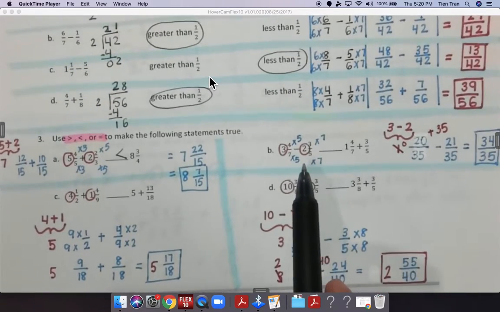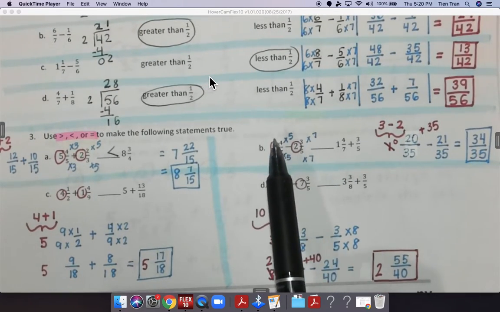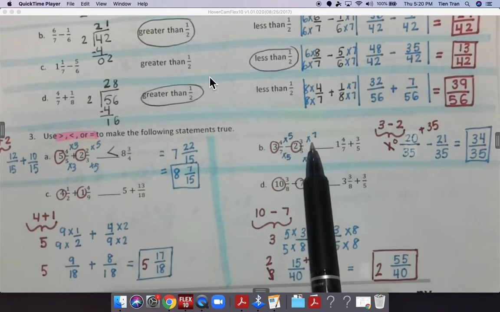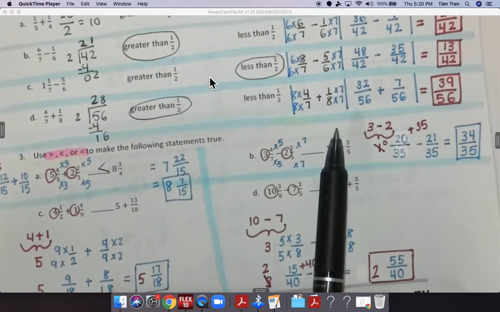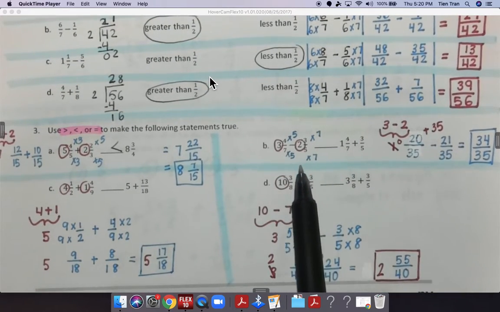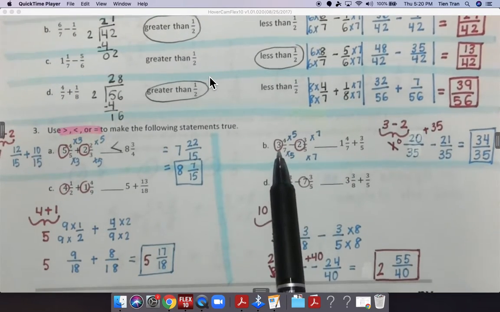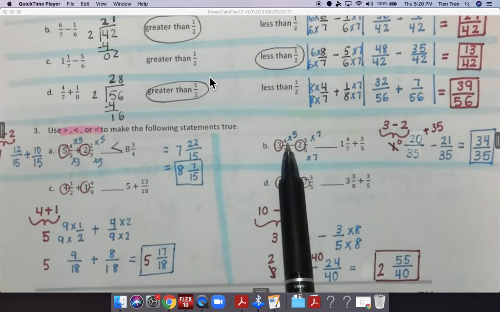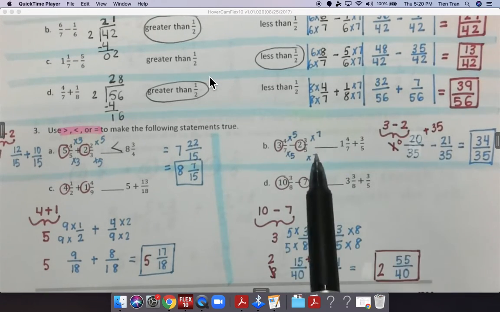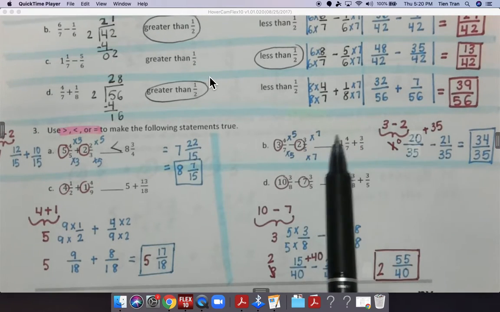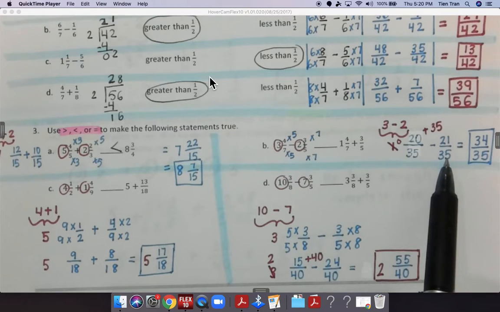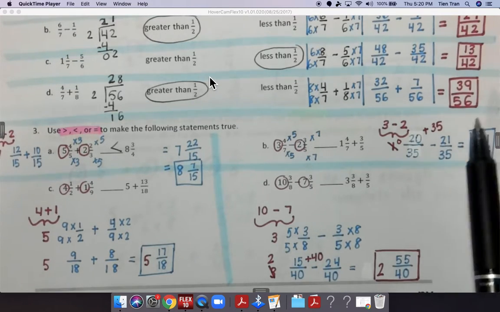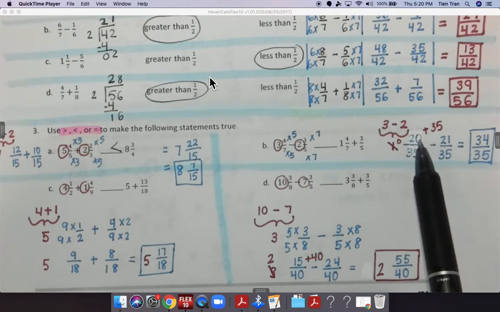On this side, we have problem B. For problem B, we have 3 and 4/7 minus 2 and 3/5. So what I'm doing is I am going to multiply. My common denominator is going to be 35. So I multiplied 7 times 5, which is 35. 4 times 5, which is 20. 3 times 7, which is 21. And 5 times 7, which is 35. So I'm subtracting 20 minus 20